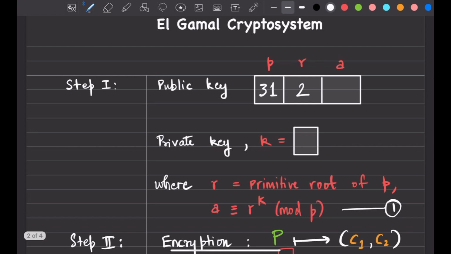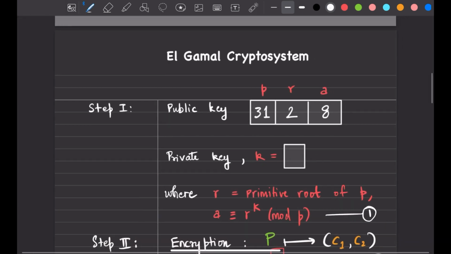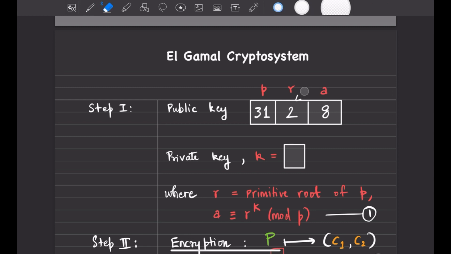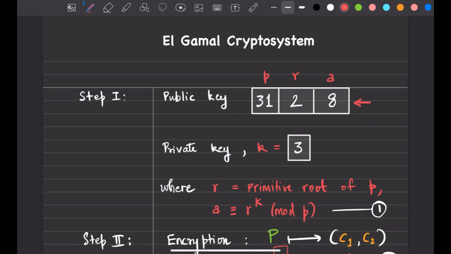Now the A chosen, though it is made public, nobody knows what this A has got to do with this R. Since the numbers are small here, we know that 8 is nothing but R raised to 3. That 3 is actually the private key. So the private key is the power to which this R is raised to get your A. You have to remember this. The public key contains three different numbers, P, R, A: the first number being a prime greater than 26, R a primitive root of P, and A chosen such that it is a power of R